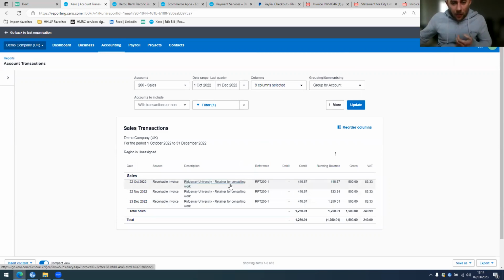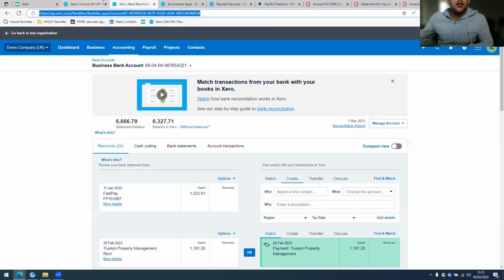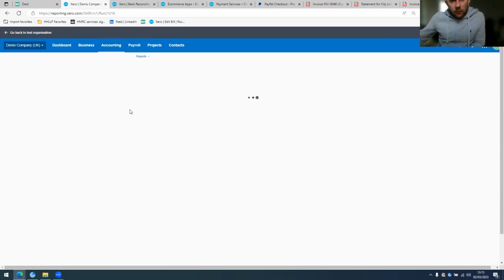And you should then be able to go in and edit it. If you click on that again, it will take you into a copy of the invoice and you can then edit it or do whatever you please. Cool. So what you can also do in your profit and loss